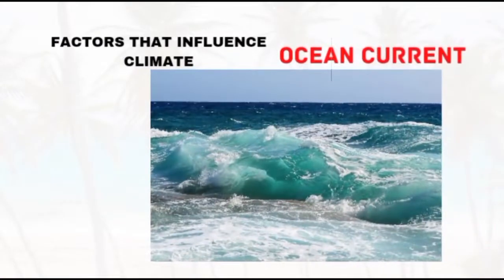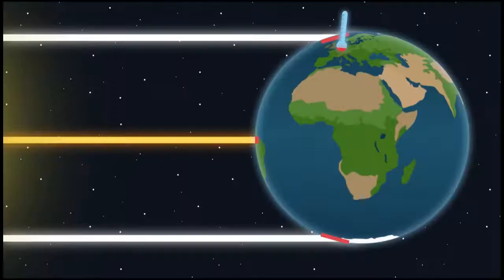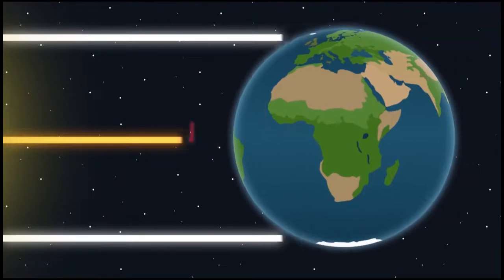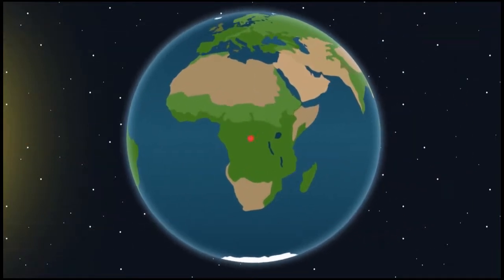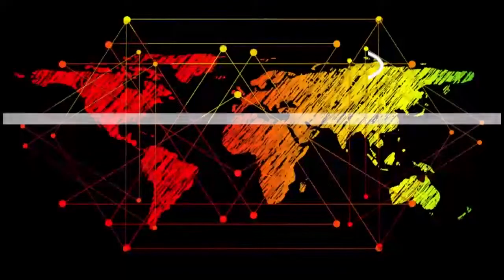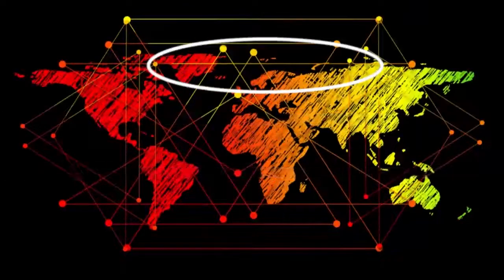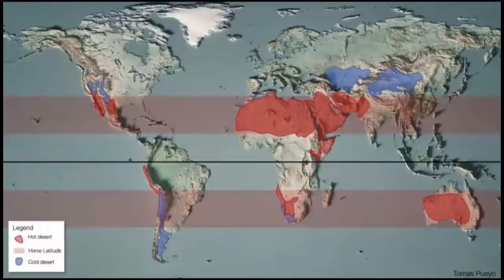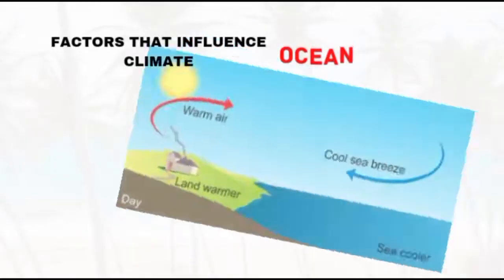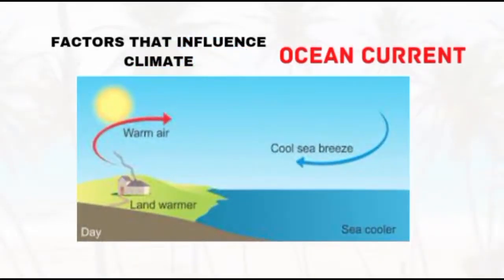Another is ocean currents. Water tends to move from the equator poleward and from the pole towards the equator. So those that bathe coasts across the southwest of the equator are normally very hot, while those coming from the polar region that bathe coasts along the temperate region are also very cold. So these tend to dictate cold conditions and hot atmospheric weather conditions towards the equator and the tropics in most